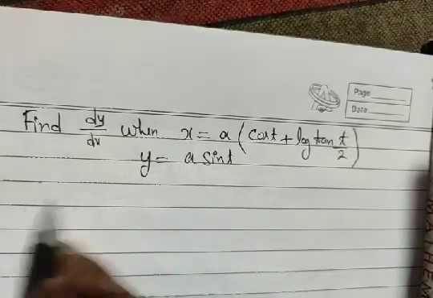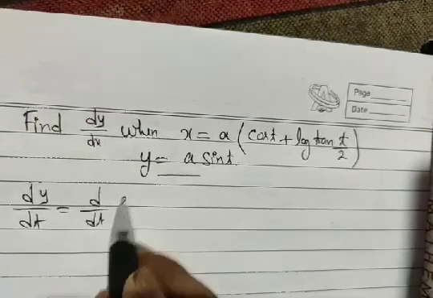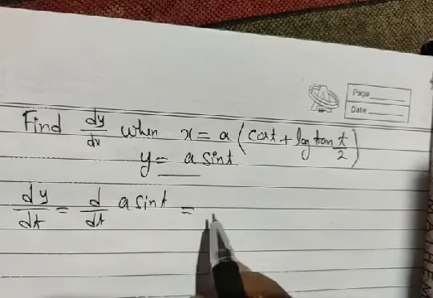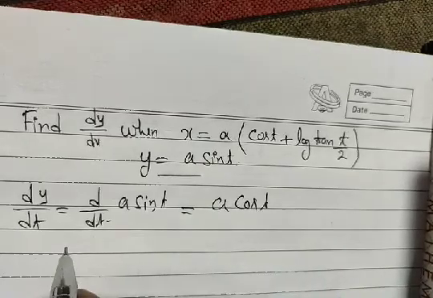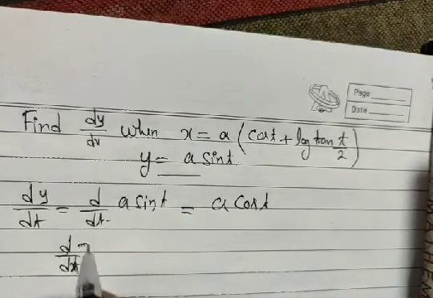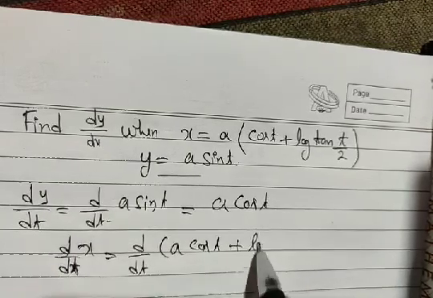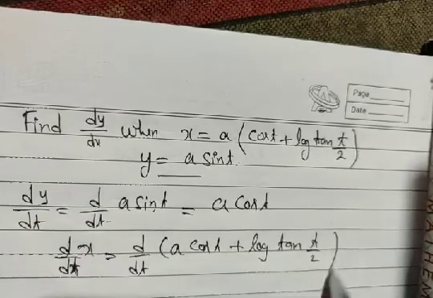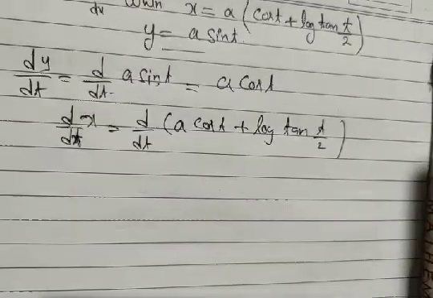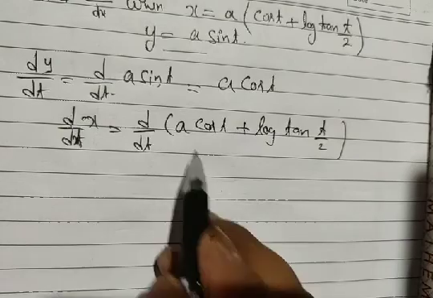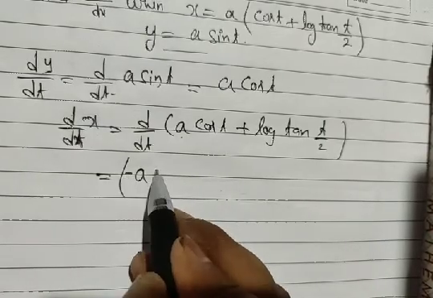Now to get dy/dx, we are going to find out its dy/dt. It's d/dt of a sin t. Then we get a d/dt of sin t, or it's a cos t. Now we are going to find out dx/dt. It's d/dt of a(cos t + log tan(t/2)). Now this is constant, this is a d/dt of cos t, what? Minus sin t,